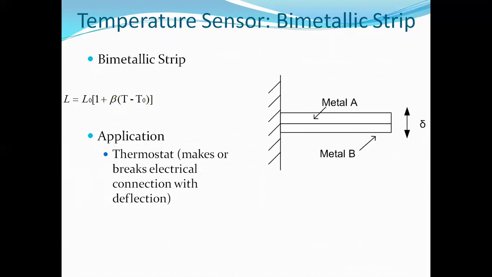For example, consider metal A as copper and metal B as boron. Boron will have the highest carbon capability when compared to copper, and copper has the higher ductility when compared to boron. Upon incrementing the temperature,